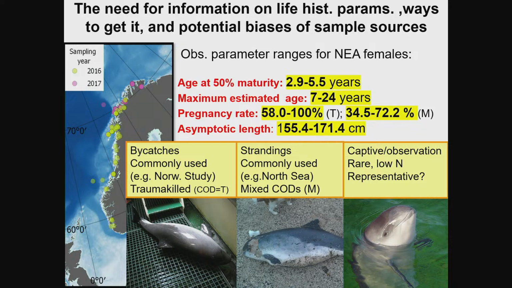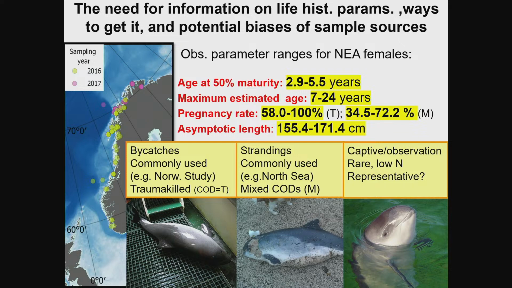And also pregnancy rates, you have between 58 and 100% for trauma-killed porpoises, that is bycaught or hunted samples. And then you have between 34.5 to 72% for mixed cause of death scenarios, which occur in stranded samples. There you also have animals that are dead due to infectious diseases and so on. So it appears that it makes a difference where you source your animals. Also, asymptotic lengths